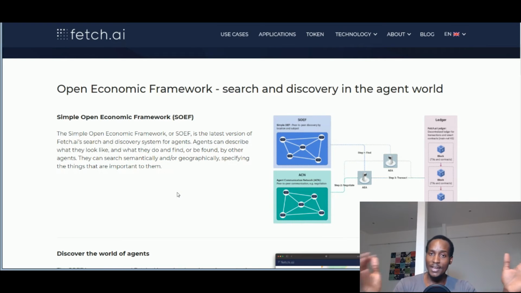So the purpose of agents in SingularityNET is, for example, if you see Sophia, that robot, she can have an agent. Let's call it Agent A. Let's call her she as well, because she's portrayed as a lady. For those gender neutral people, this is not a political channel, guys. Let's just make things simple.